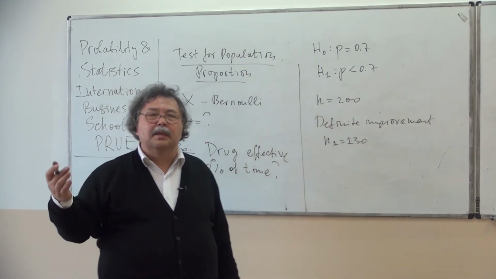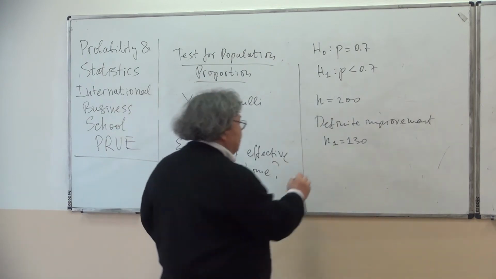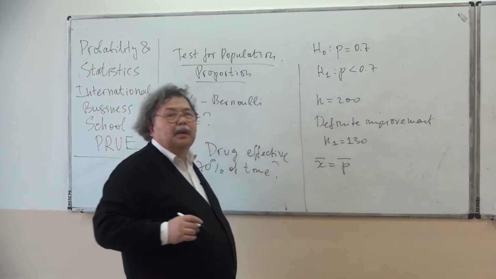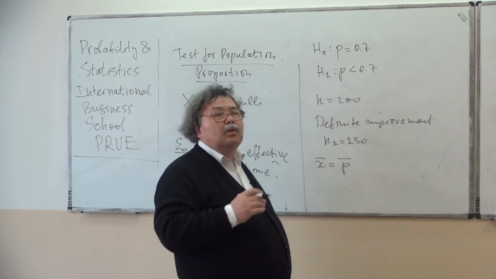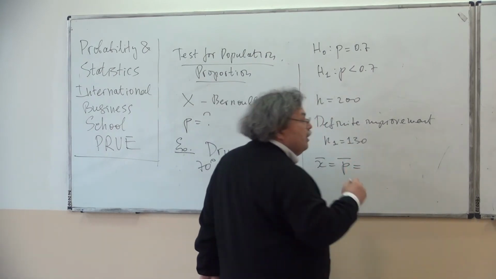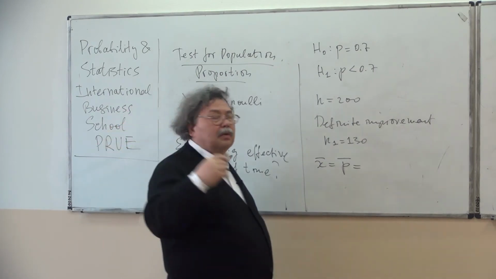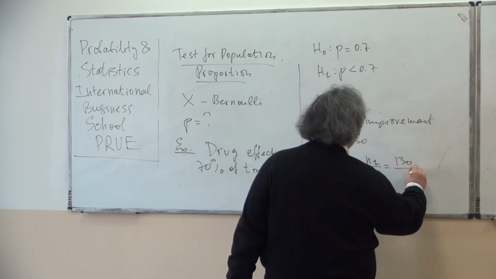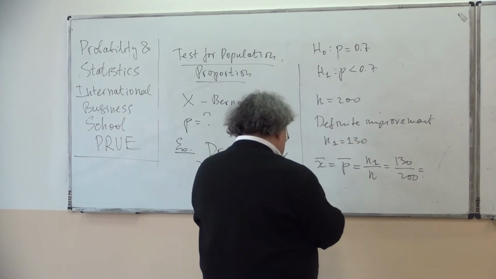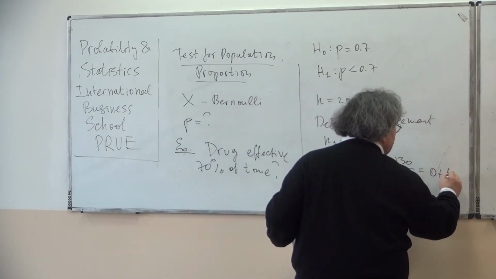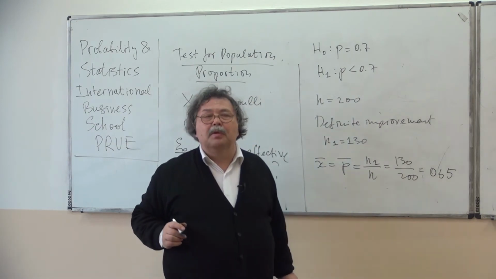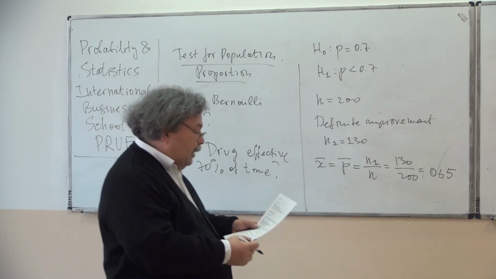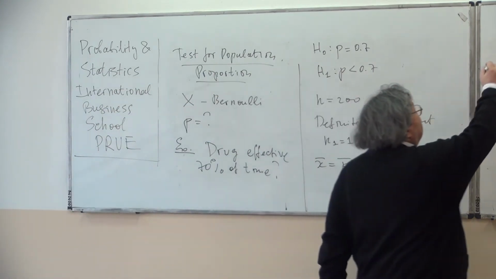N1 is for success and N0 for failure, suppose. Now, X bar, which is the sample mean, and because we are talking about proportions here, sample mean is also called sample proportion, is the ratio of the number of successes to the sample size. It's N1 over N, 130 over 200, and the actual number is 0.65. So this is the sample proportion of those patients who get definite improvement as a result of taking the drug. All right, because this is a large sample,